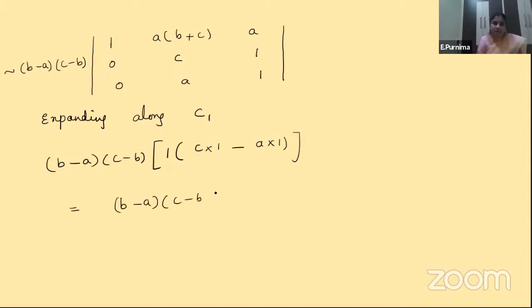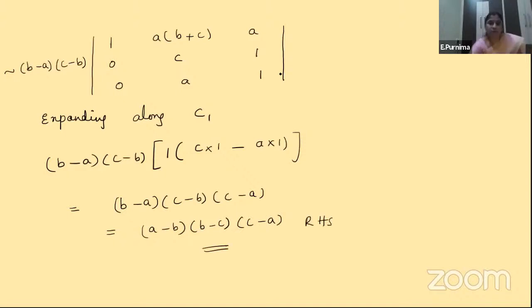So now this is equal to B minus A into C minus B into C minus A. But what is our RHS, children? A minus B into B minus C into C minus A. But here we have B minus A instead of A minus B, and C minus B instead of B minus C. So take minus common. That minus common will give you A minus B here. Here also I'll take minus common, so that becomes B minus C, and C minus A as it is. So here one minus common we took, here also one minus common we took. That means minus into minus becomes plus. So this is equal to our RHS. Understood, children? So like this we have to solve.